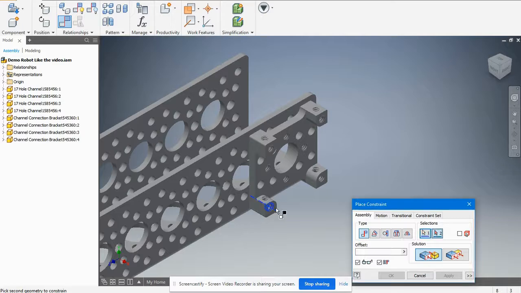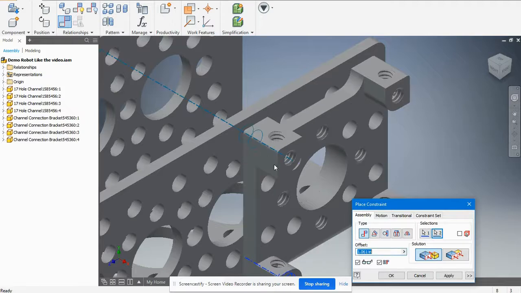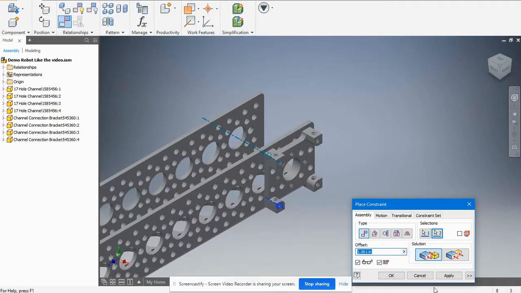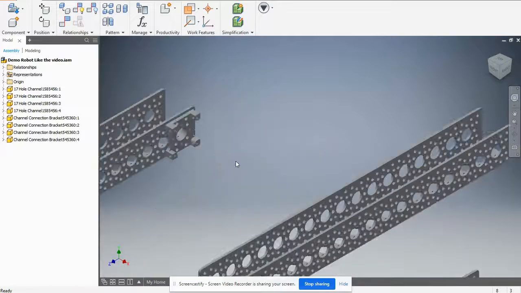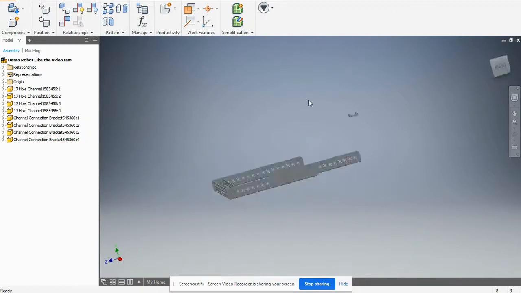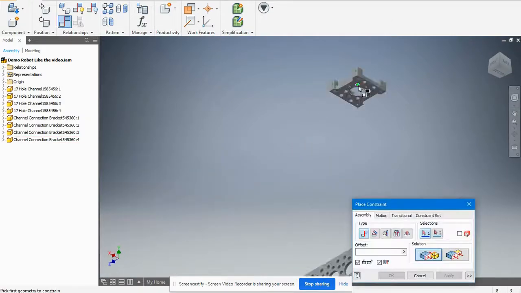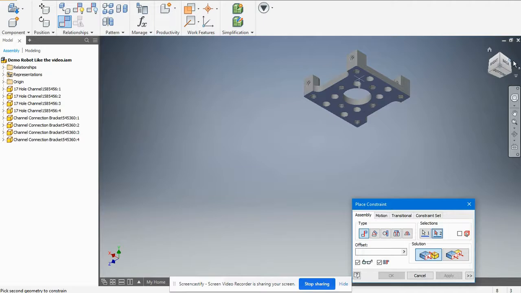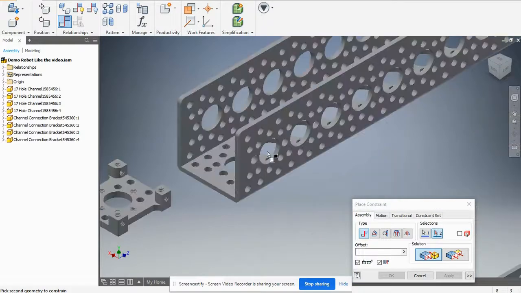Then that hole, we can rotate it 90 degrees by just moving it up to that hole. And once we get the line through it, it doesn't want to go 0 right now, so 0, and hit OK. Now, if we put that one there, it's going to get in the way of putting the other bracket there, so we're just going to do the bracket first, and then we're going to align the bracket, or the channel